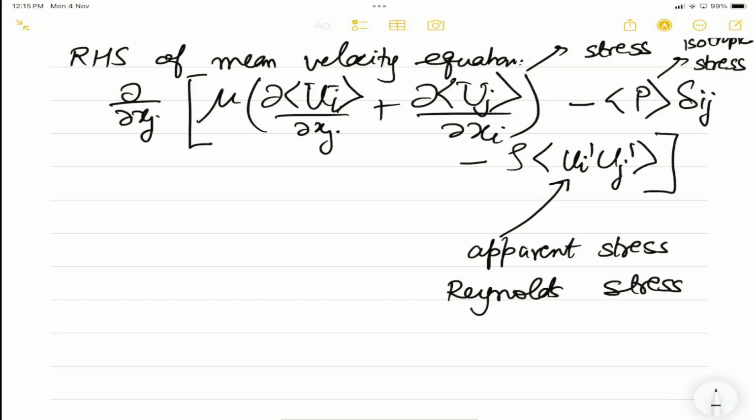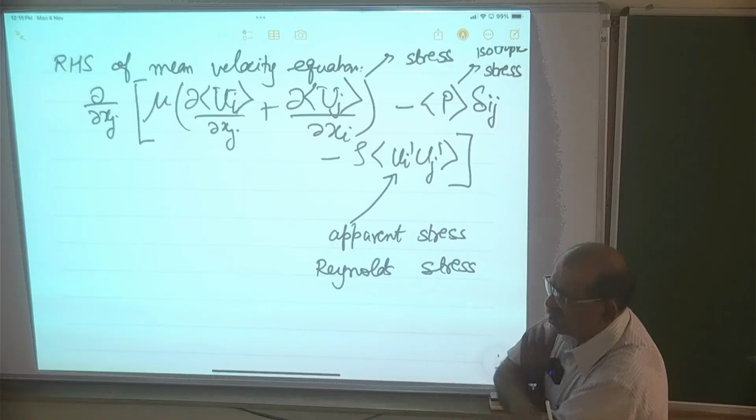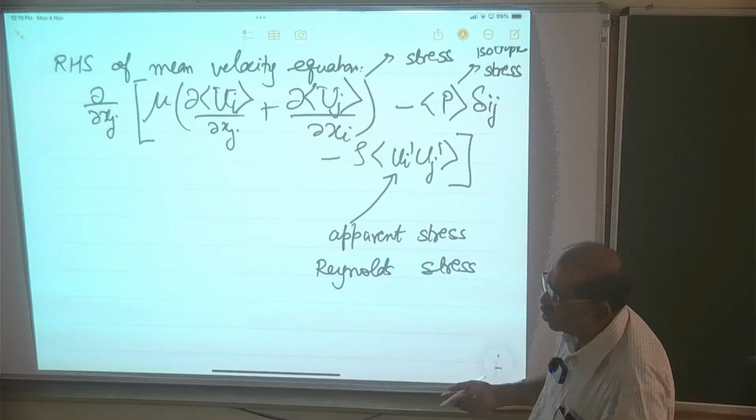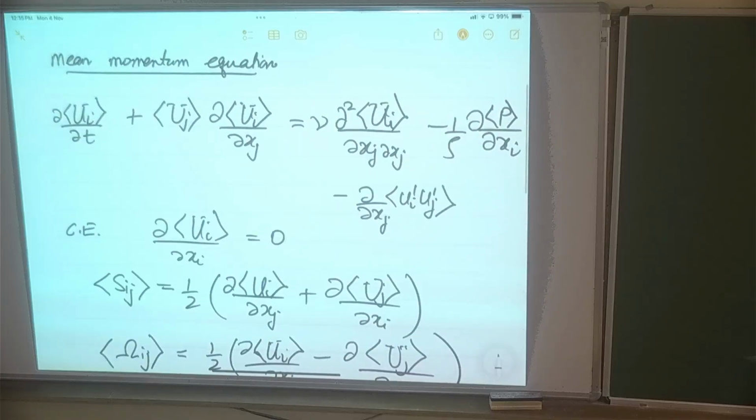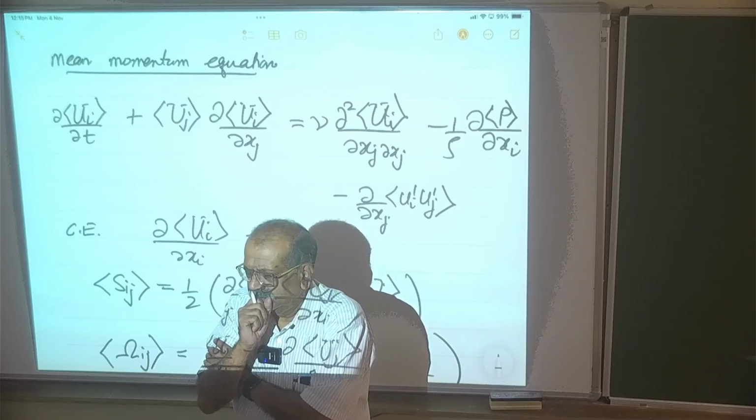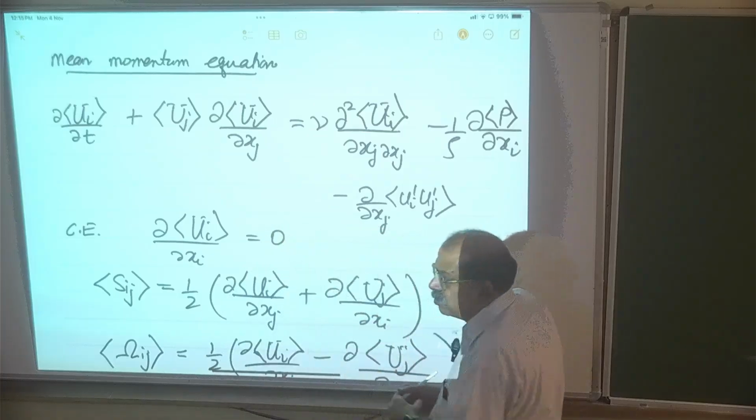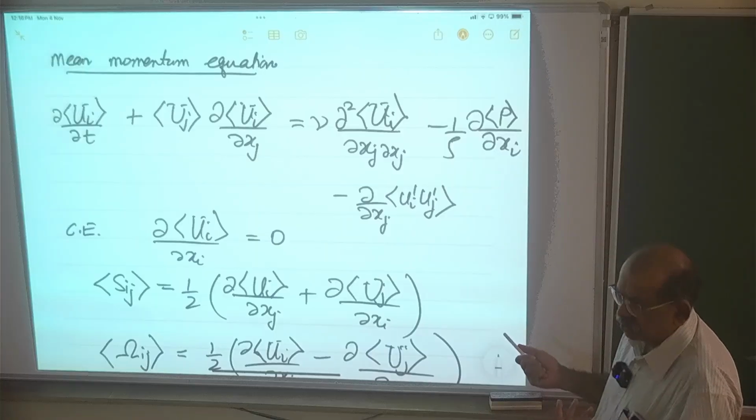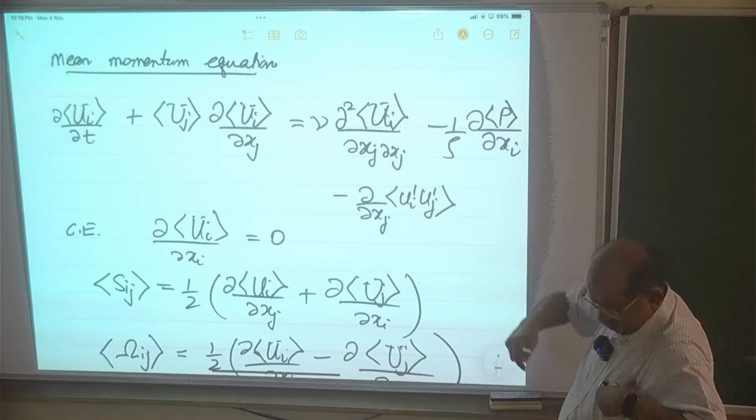Firstly, I will take some pains to explain why this behaves like a stress. This is a velocity correlation. Why do we call it a stress? But before that, when I try to look at this set of equations, what is a closed set and what is an unclosed set of equations? The number of dependent variables is equal to the number of equations. So a closed set will be